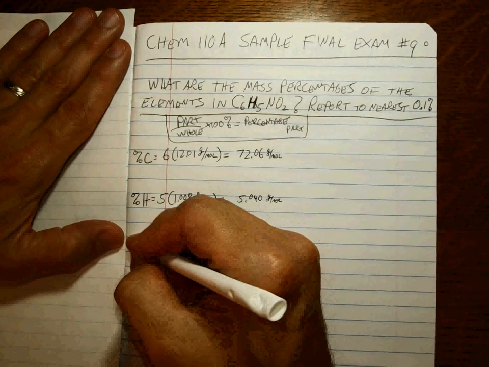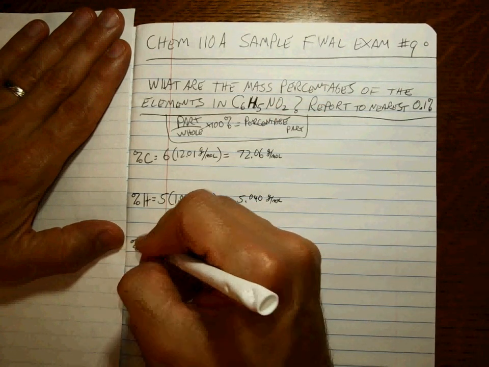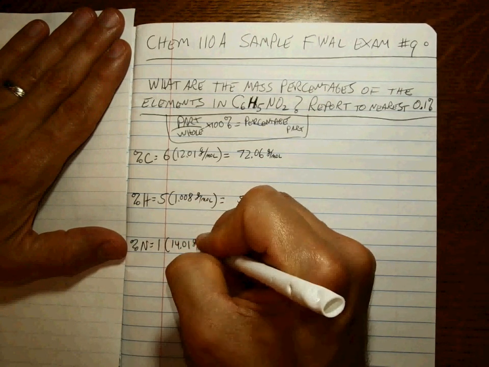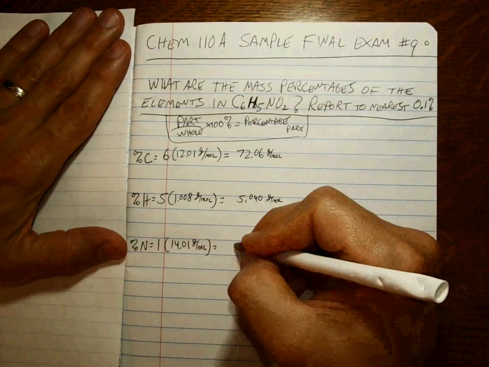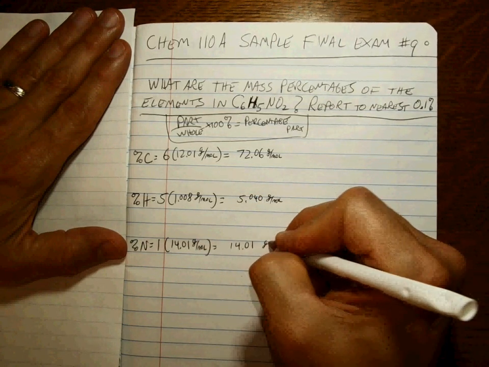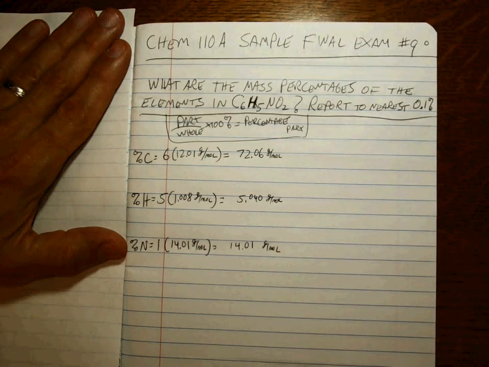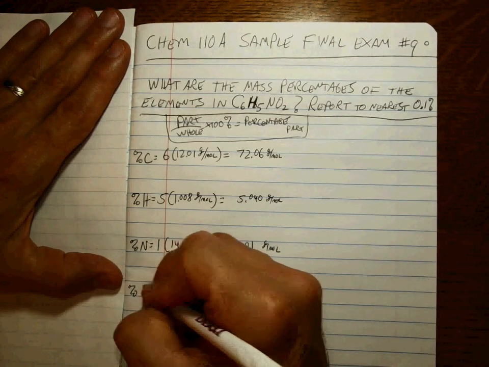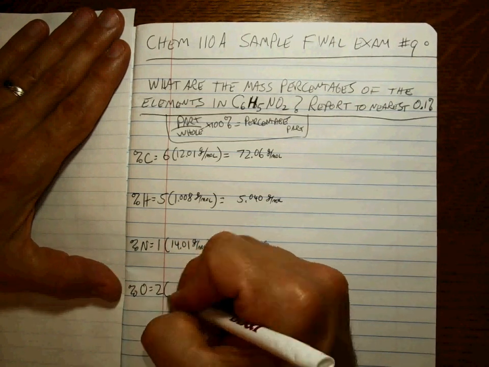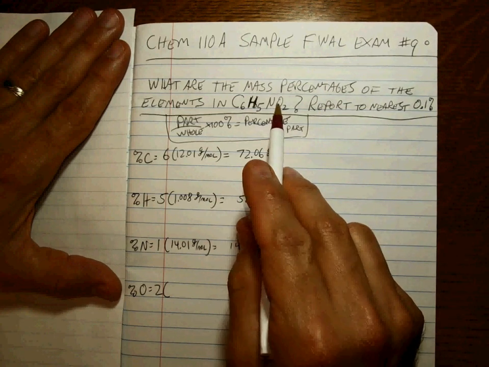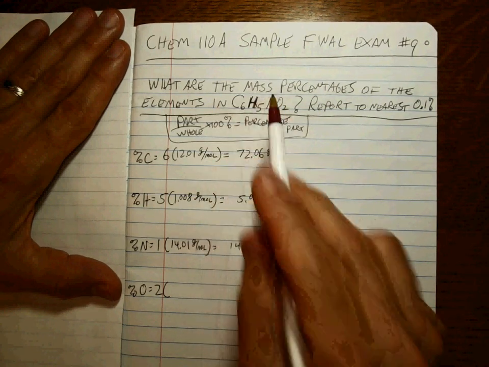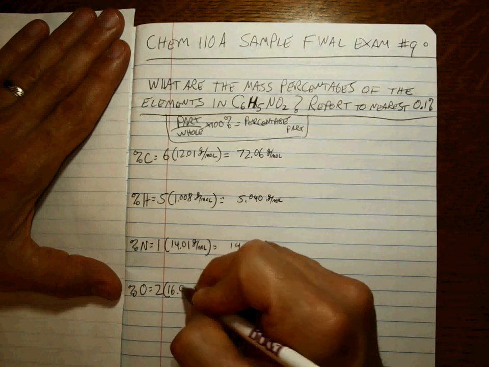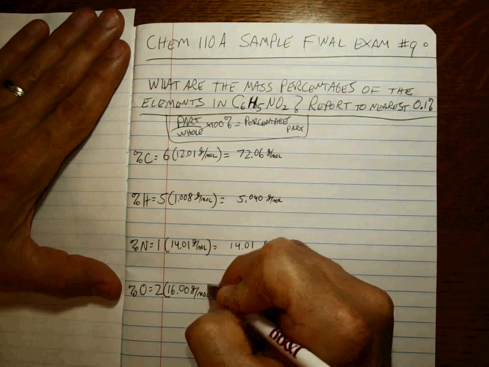We've got nitrogen. There's 1 of those, 14.01 grams per mole, which adds up to 14.01 grams per mole. And then we've got oxygen. There are 2 atoms of oxygen, 2 moles of atoms of oxygen in every 1 mole of this nitrobenzene, which is what it actually is. 16.00 grams per mole,